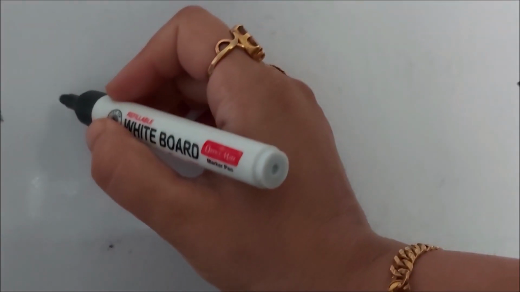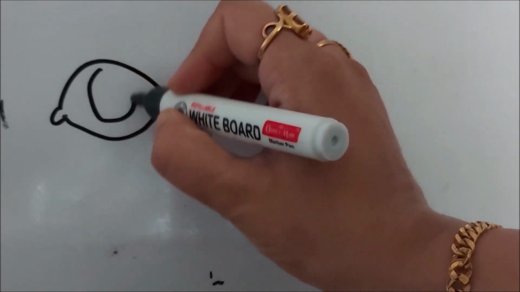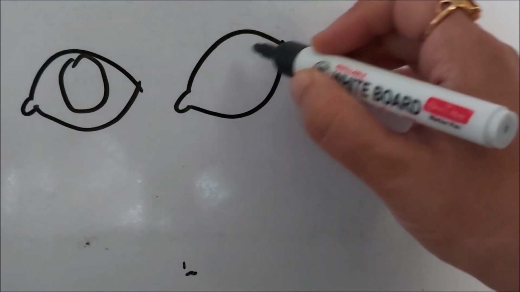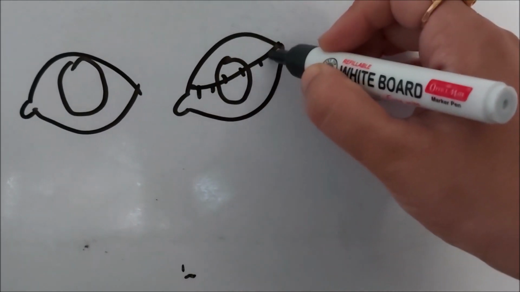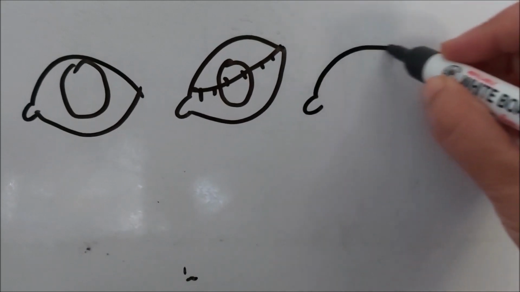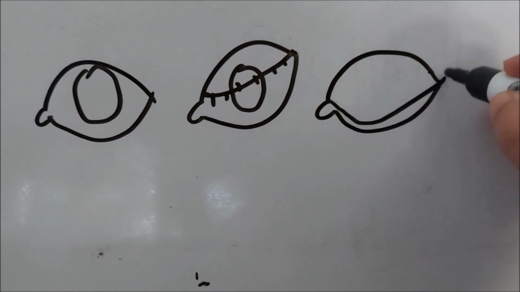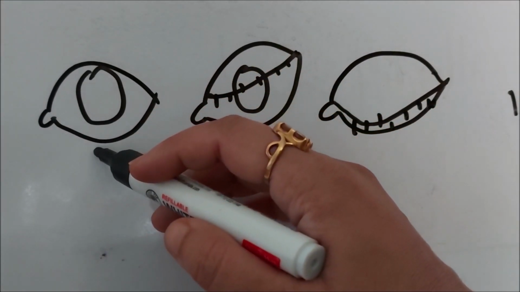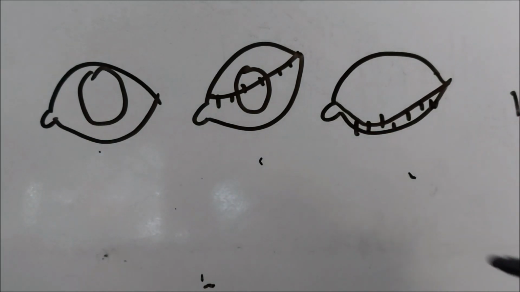Now let me draw the eye again. This is your basic human eye during the day, and this is half closure of the eye, the upper lid, and last I am showing you the complete closure of the eye. This is full closure of the eye. This is the mechanism which our eye performs throughout the day: keeping the eye open, half closed, completely closed.